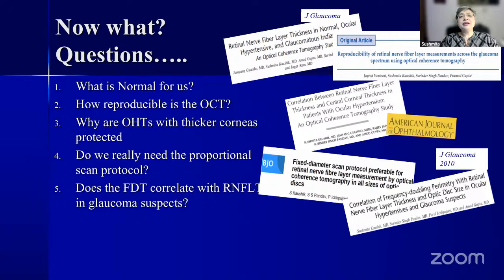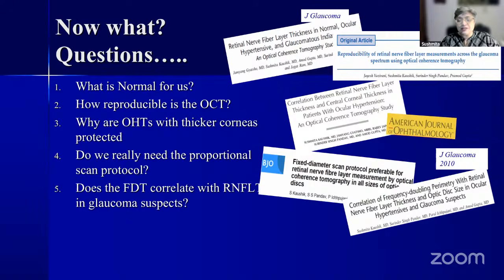The other thing we wondered was, we have suspects, and those were the days when pre-perimetric glaucoma was a big thing. So we wondered whether, and frequency doubling perimeter had come in, we had the Matrix. So the question was, can we pick up pre-perimetric glaucoma? So if you have normal visual fields, which is what we had, we took patients with normal fields and suspicious discs, and then we did the OCT and we did FDT, and actually saw that the FDT correlated quite well